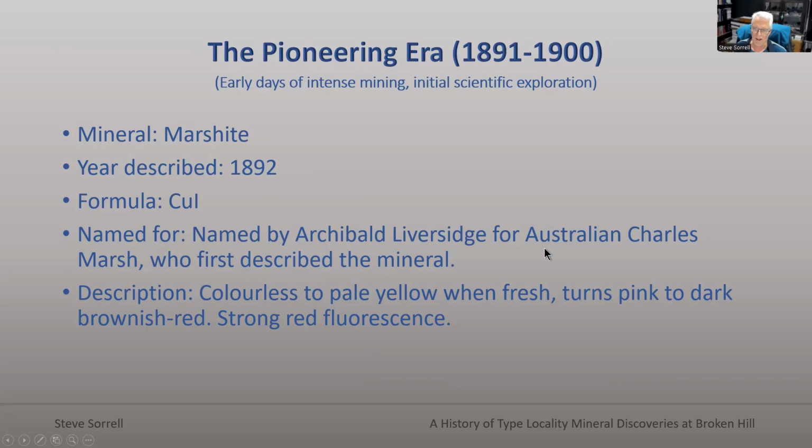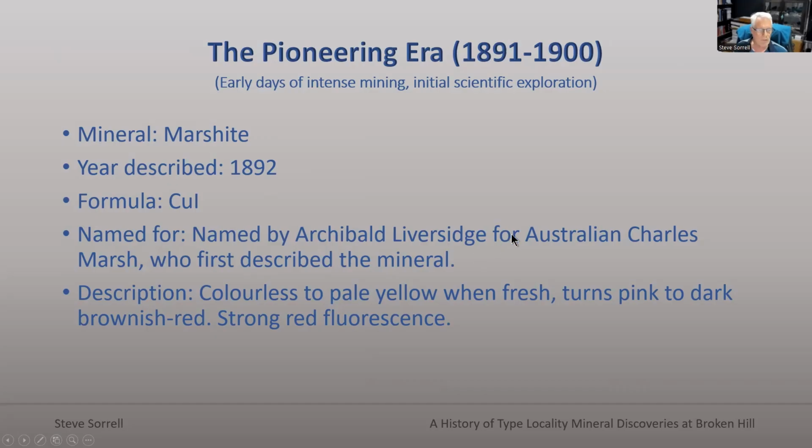So again, another book that probably would have been twice as big had it been done 10 years later. And he named it after an Australian called Charles Marsh, who was the first one that actually described the mineral. And that's quite unusual these days with mineral discoveries. Normally, the person that first describes the mineral isn't necessarily the one it gets named after. But in this case, I suppose it was,